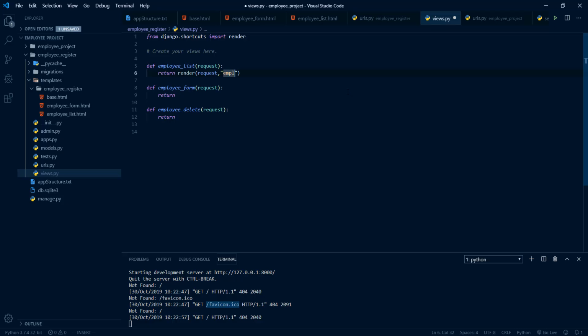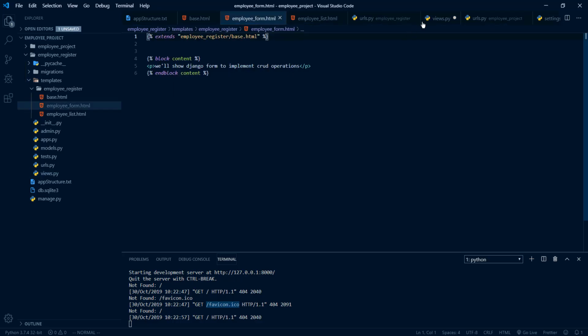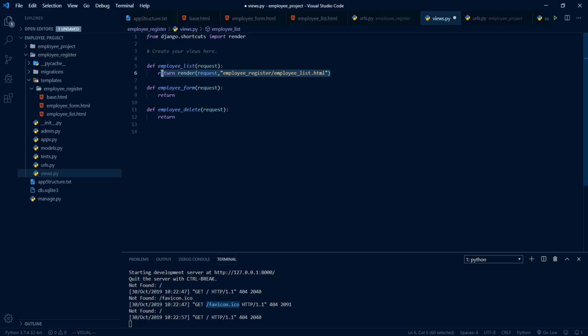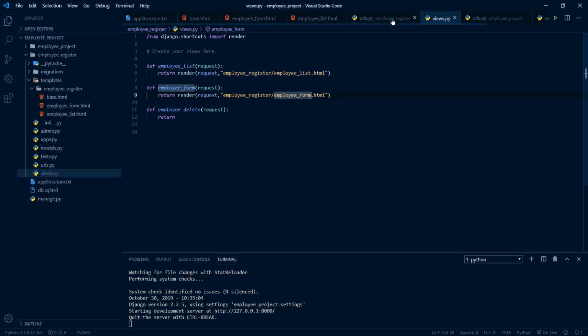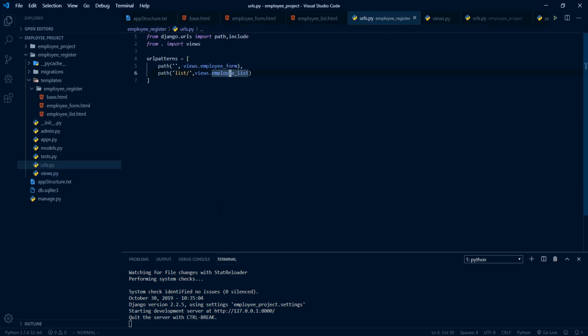So it will be employee_register/employee_list.html. And in case of the employee form view function here, we want to show this HTML employee form. For that, let me copy this and we can paste that here. Instead of this list we have employee_form. Now let me save all of these modifications and let's try to access these 2 routes here,